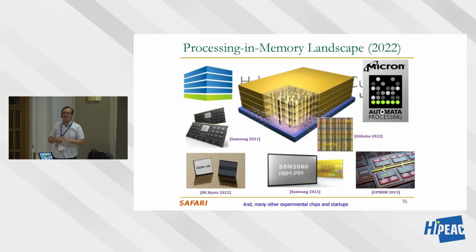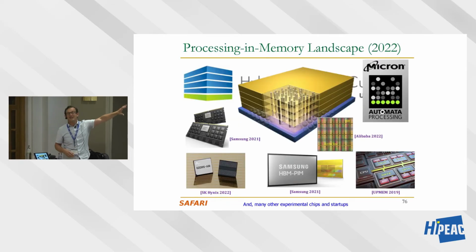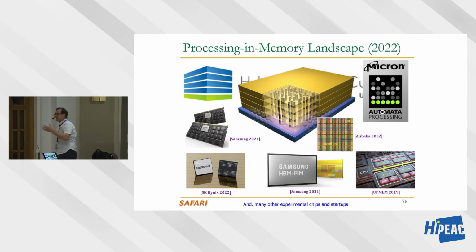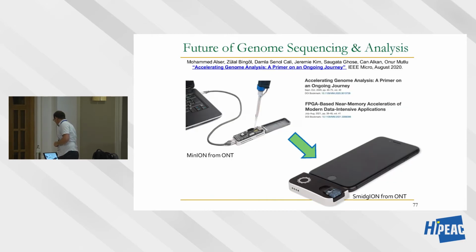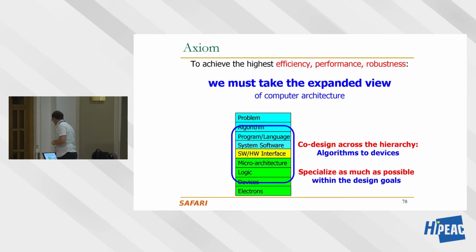So essentially the takeaway over here is we have a nice processing in memory landscape today, and there are many other experimental chips and startups that I'm not covering over here. When we talk about memory-centric computing, processing in memory, we will perhaps talk more about things. And we haven't even started specializing things for genome analysis yet. I'll probably mention some things, but as I said, this is a completely different full course that talks about genome analysis. So you can actually have devices that can sequence your DNA. This is that big, and you can actually process that information. It's not there yet.